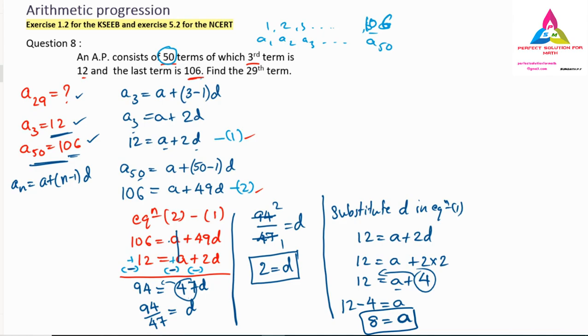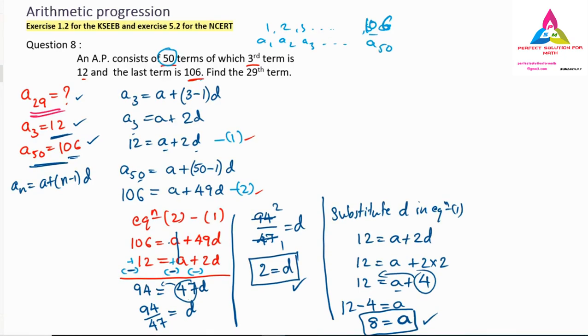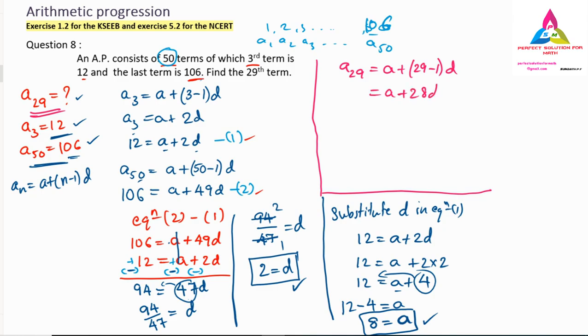So already we found the d value and now we found the a value. These two we found, which means we can find any other term. At the end we have to find A29, because that is the thing they have told you to find, not a and d. But to find A29 we require a and d. So now we will find A29. A29 is nothing but a plus 28d. Otherwise, those who have not understood, you have to substitute in the formula a plus n minus 1 into d. n is here 29, so 29 minus 1 into d. So it is nothing but a plus 28d. So A29 we can find using that a plus 28d.